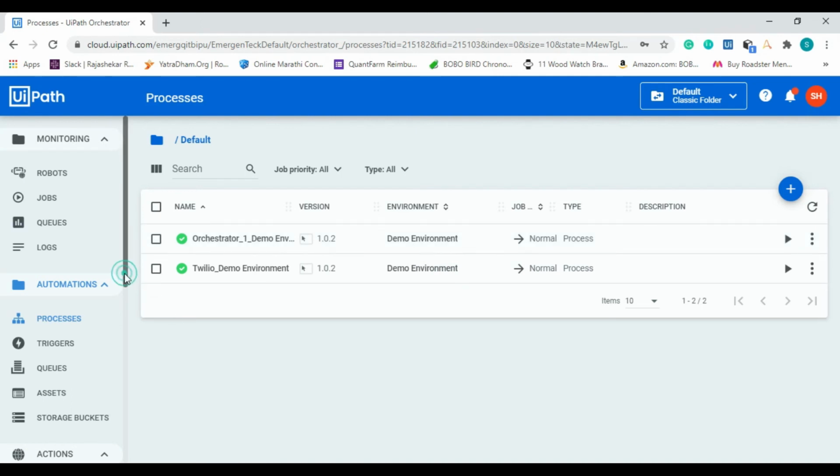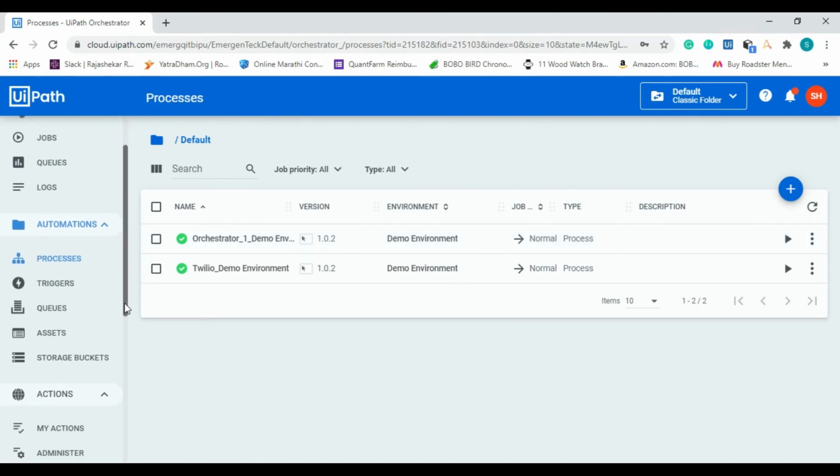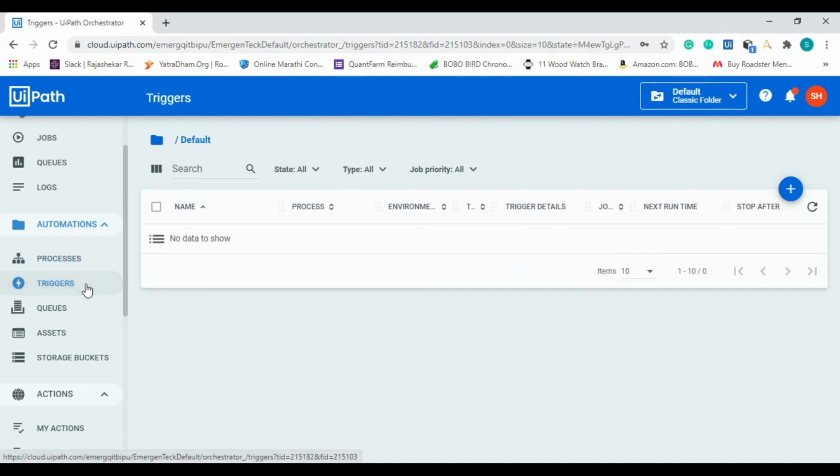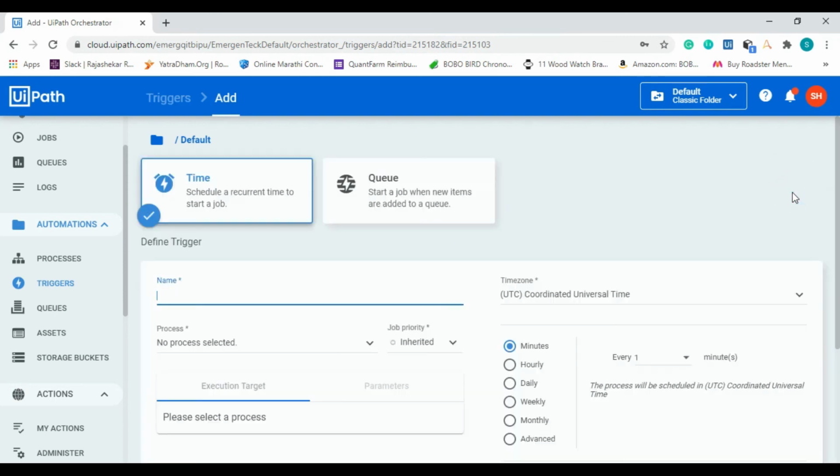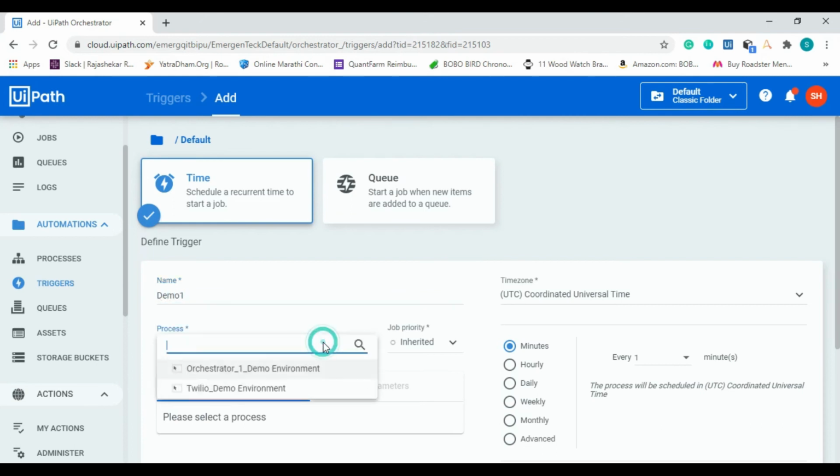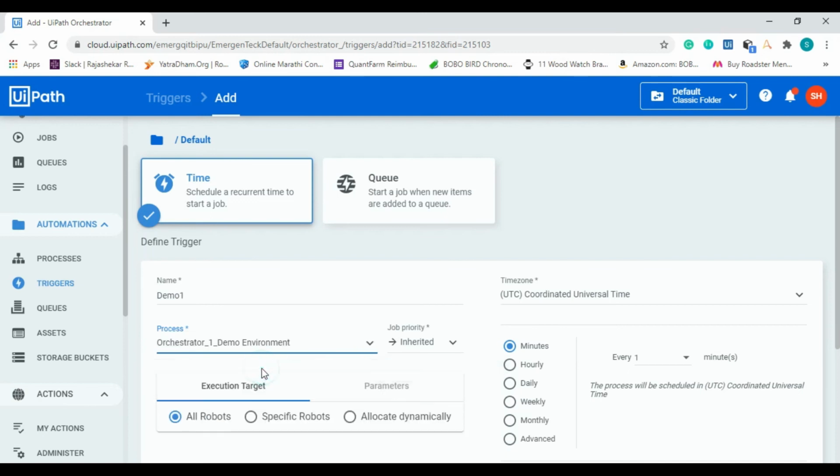You can also schedule this process via triggering the bot. So click on the trigger. Here you have to add the process, give a process name, suppose demo 1. Then select any process, that is we are running the orchestrator demo environment.